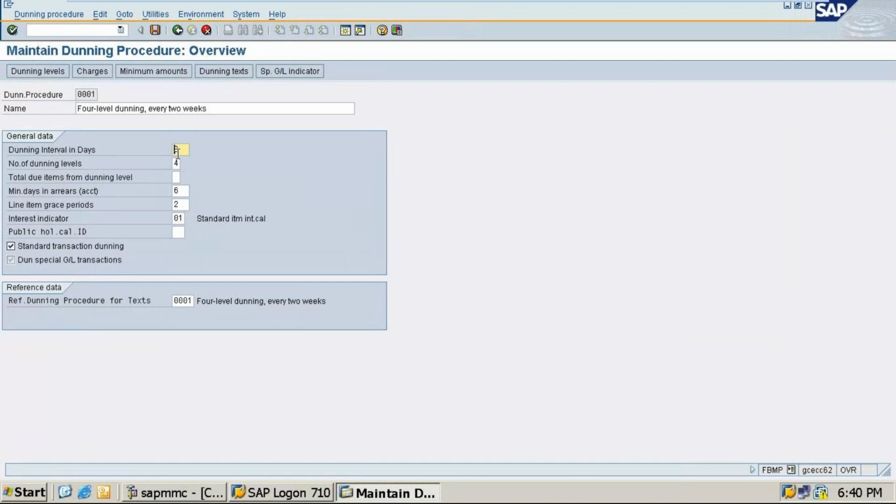Okay, so here it is dunning procedure. I want to change. So this is reference data DA10. Okay, then transaction special, just click on the dunning levels.